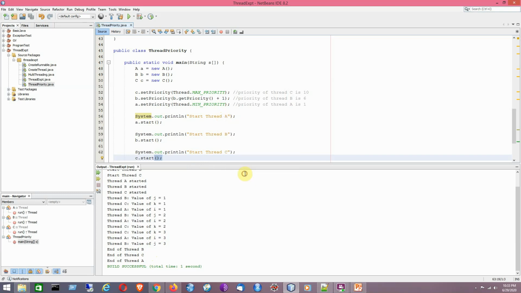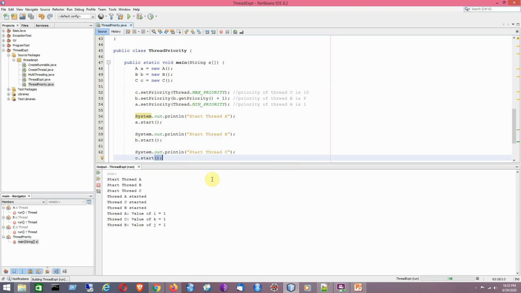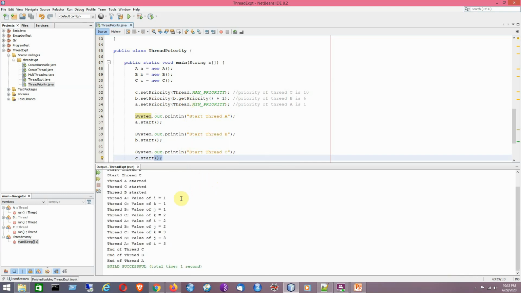Now for the next run of the program, it might give you a different output sequence. For example, now it is showing B, C, A, that means thread B will end first, followed by C and A. Now this statement is supported by this output sequence, but that may not always be the case, as we have seen already.